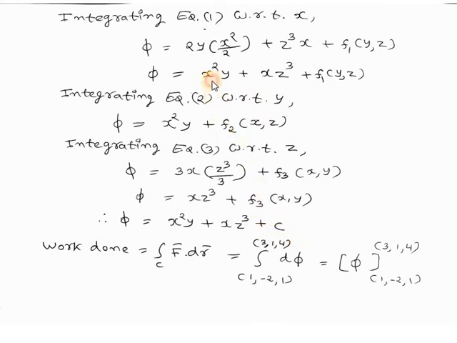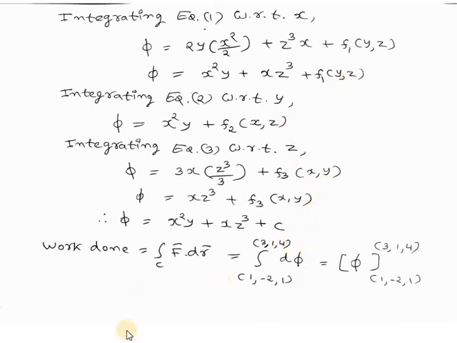Here it is x square y, so we have to write down only one time, as we have discussed earlier. If there are repeated terms, then you have to write down only one time. Here xz cube and xz cube, so you have to write down only one time. And plus constant c, because these three are constants, so it can be written as plus c.